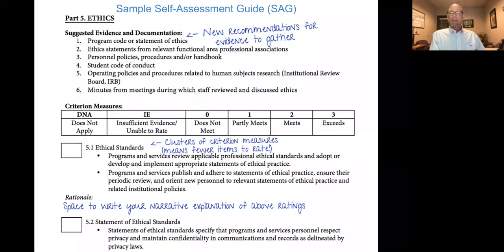There is then the criterion measures, the rating scale. And now we've clustered different standards together in similar areas, so we can actually look at providing an evaluation for a set of standards rather than each individual standard. And then there's an opportunity to give a narrative explanation. Why was that